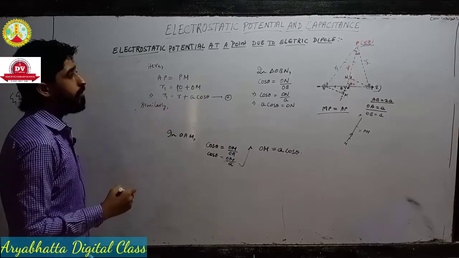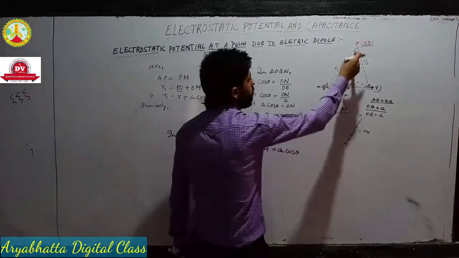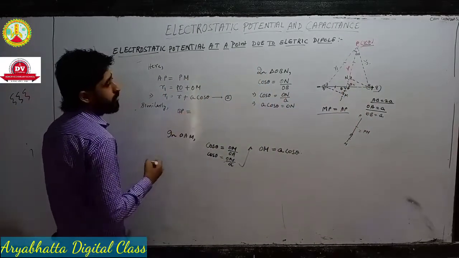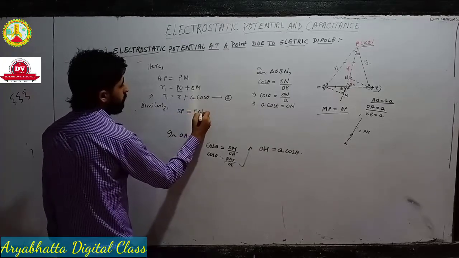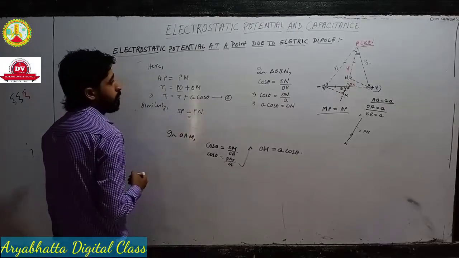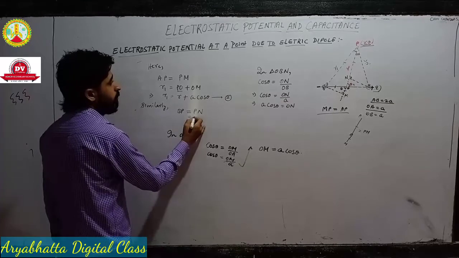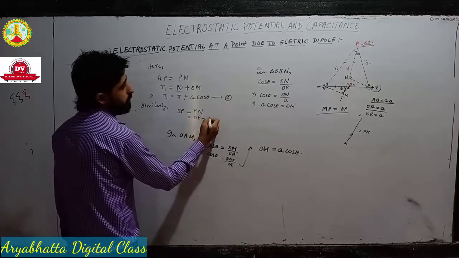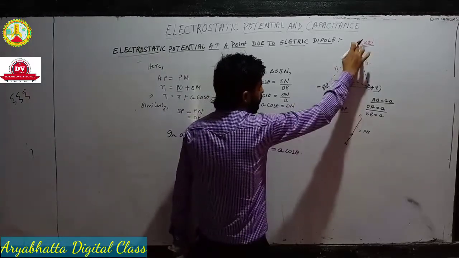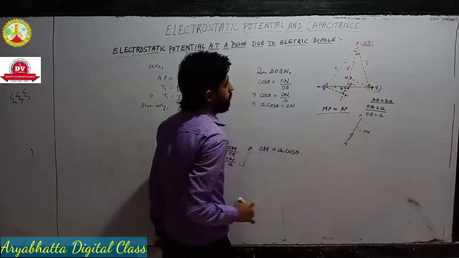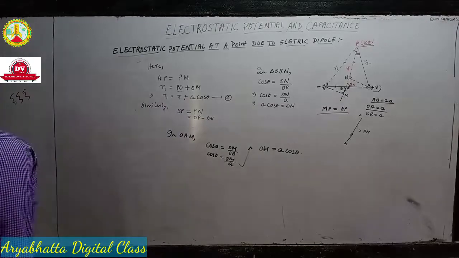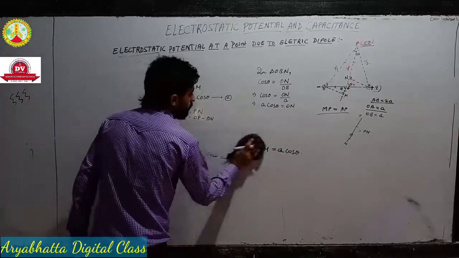Similarly, we want the value of this R2. So BP will be equal to how much? PN, since theta is very small. So if PN, what can I write for PN? How to find PN? So it will be OP minus ON. See, if you subtract ON from OP, you will get PN. Fine? So OP minus ON, that is nothing but PN. Now just substitute the values.